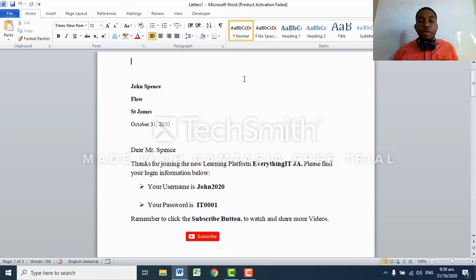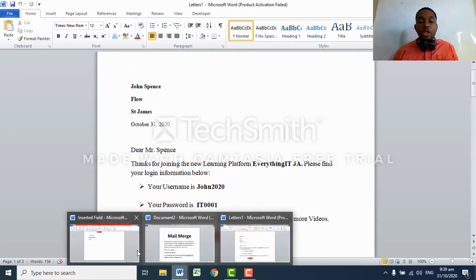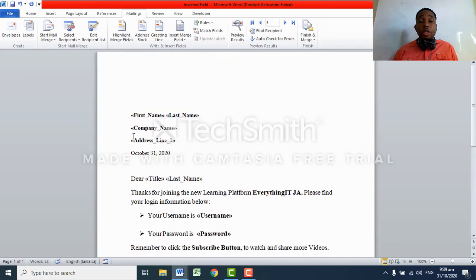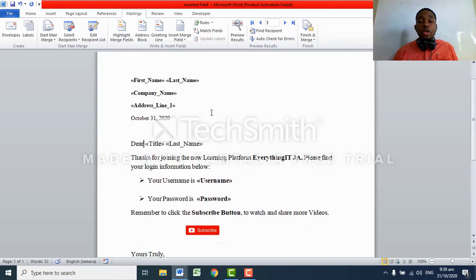Insert the merge fields in the required location, and you can design where you want this to be. Once this is done, you go back where it says finish and merge. So the steps: we created our recipient list. Go to this section where it says insert merge field, and